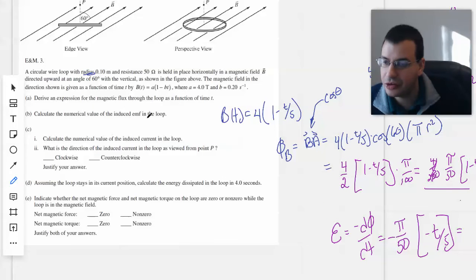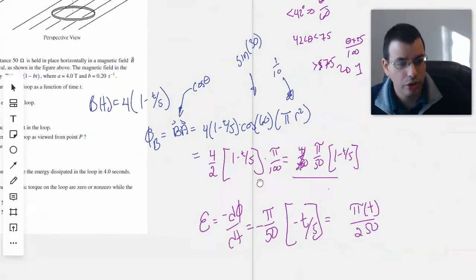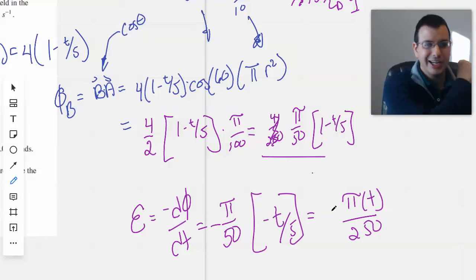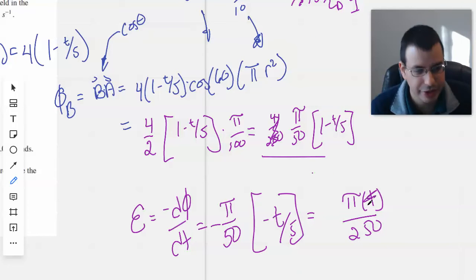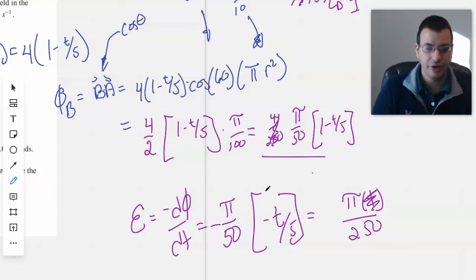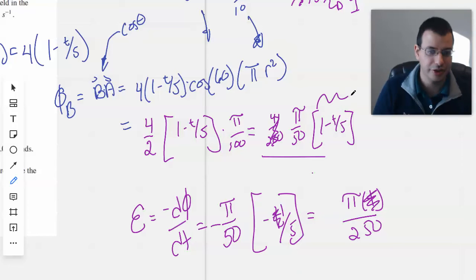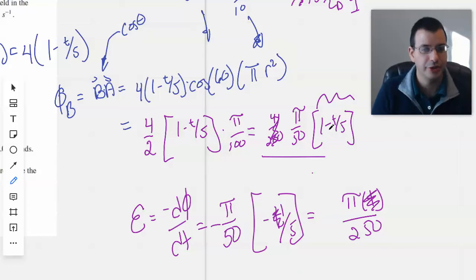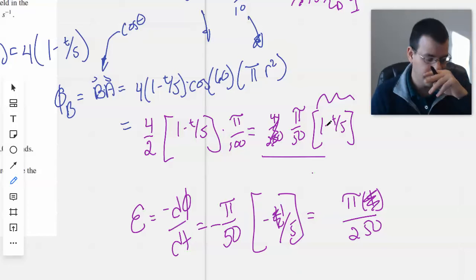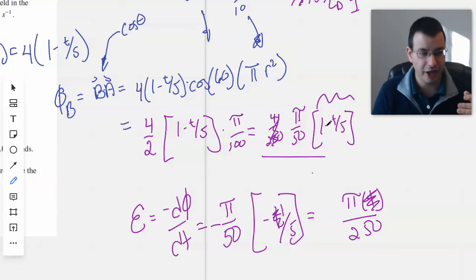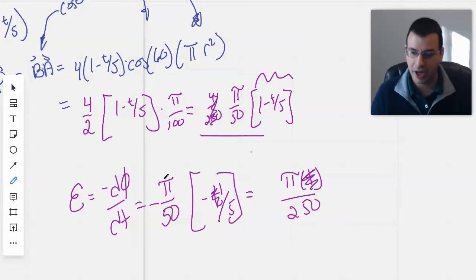Calculate the numerical value of induced EMF in the loop. Oh gosh, this t disappears. So we take the derivative of this, the 1 disappears, and then the derivative of negative t over 5 is just negative 1/5. And so we have pi over